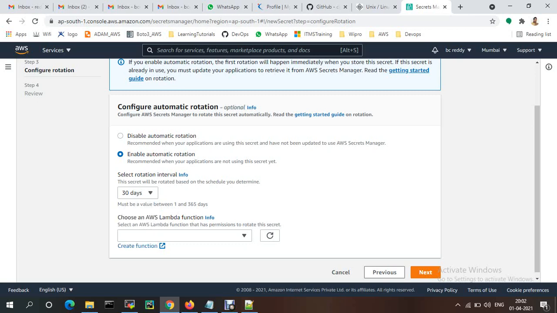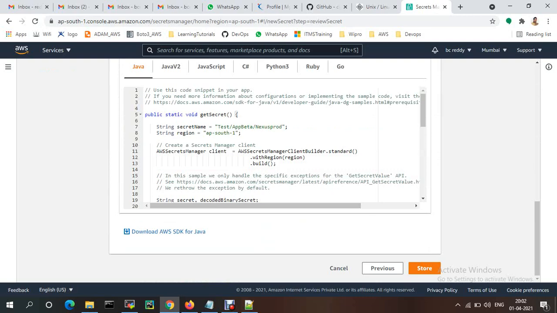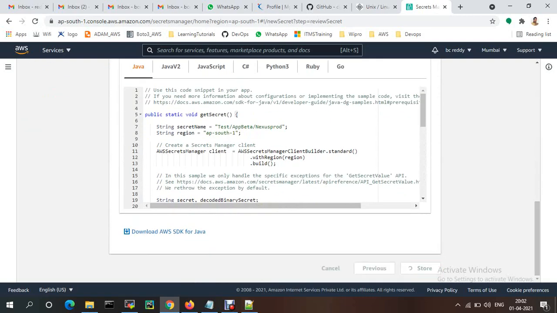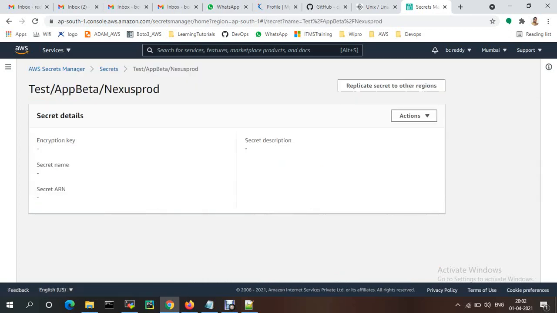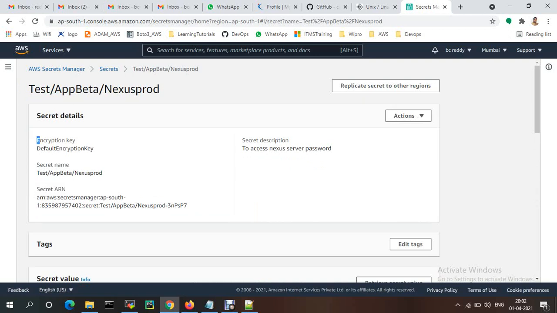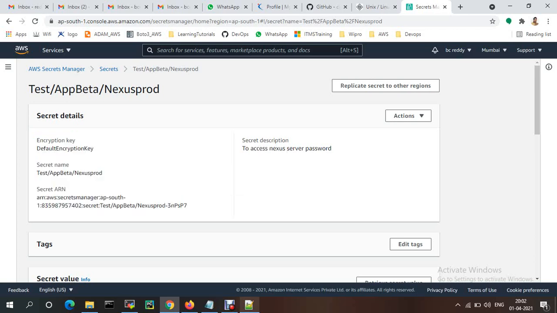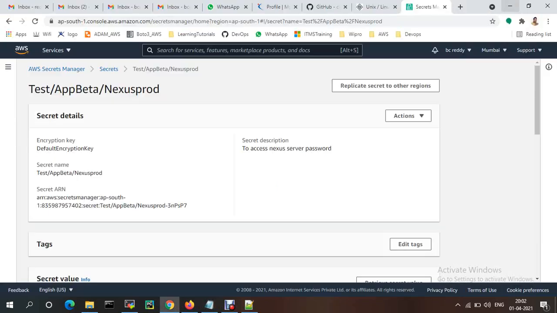So I'm going with disable automatic rotation and just storing the password. This is the information, the encryption key and the secret name.